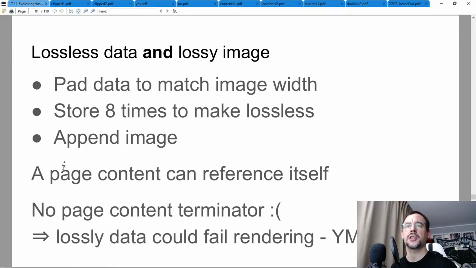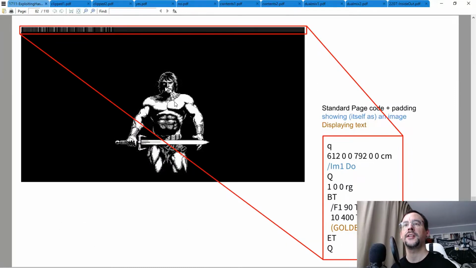So append image, and the page content can reference itself. You don't have a page content terminator, so yeah, it's a bit tricky. You need to be lucky or to try enough. And this is exactly what I did. I took very nice grayscale pictures that I like, Golden Axe on Sega Master System, and this width here is the